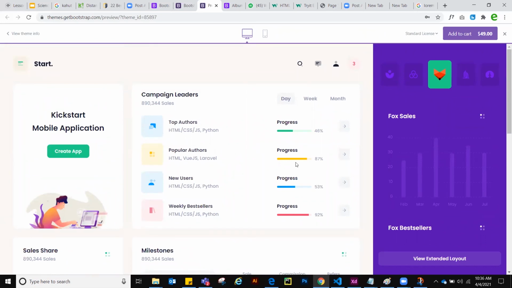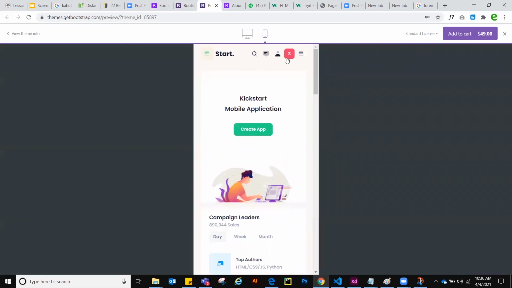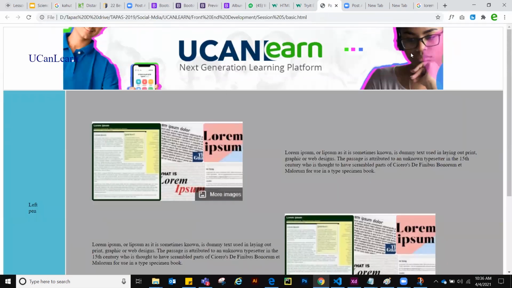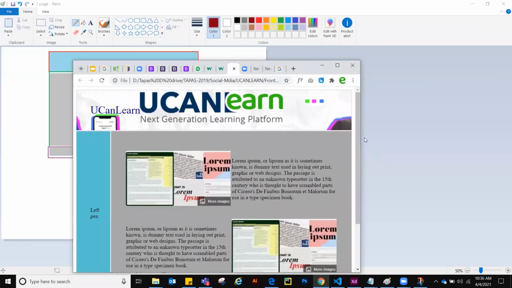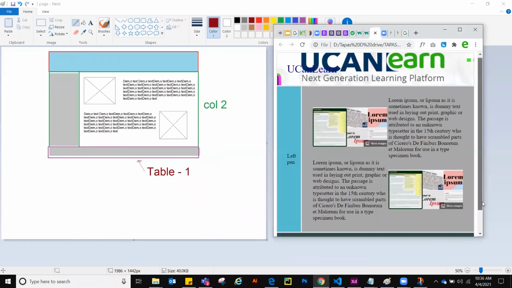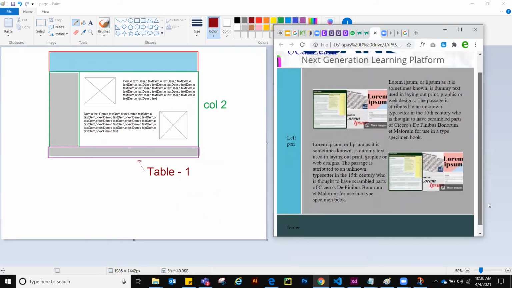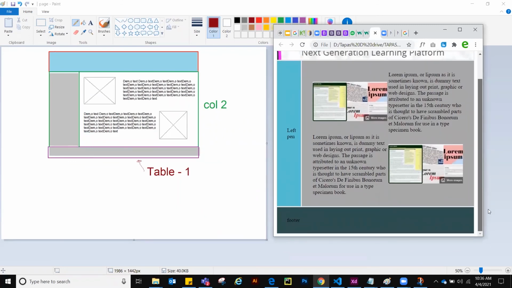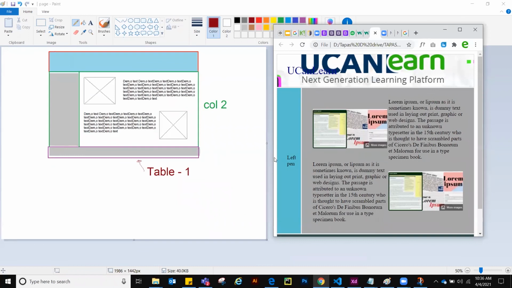With the help of Bootstrap, see, this is responsive. The page we have created is also responsive. Why? If you shrink the size of the browser, you can see our page is also responsive. This is called a responsive page, because it is resizing itself with the size of the browser.